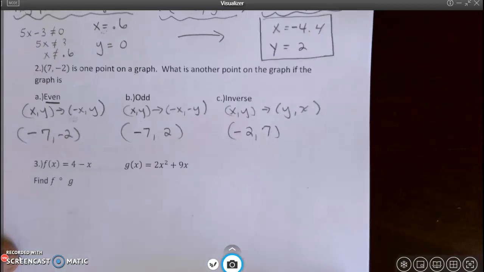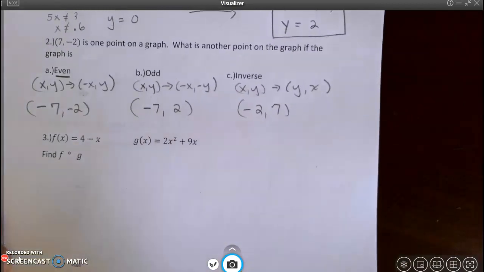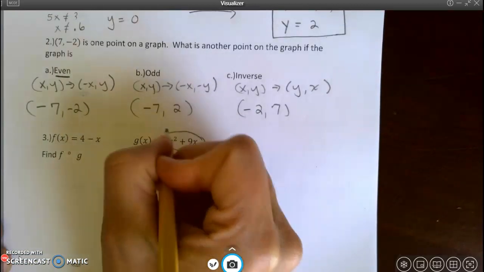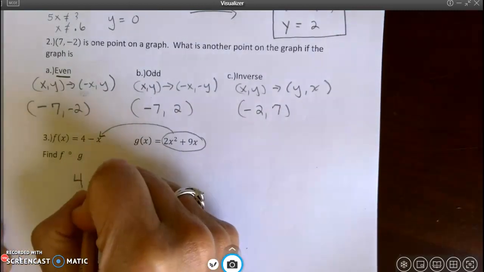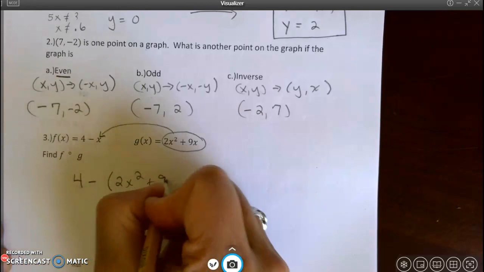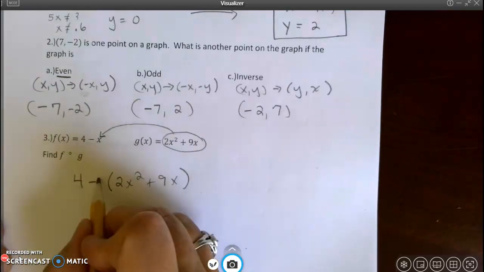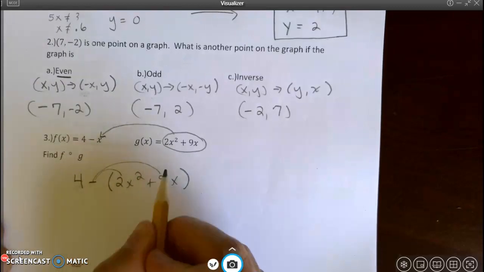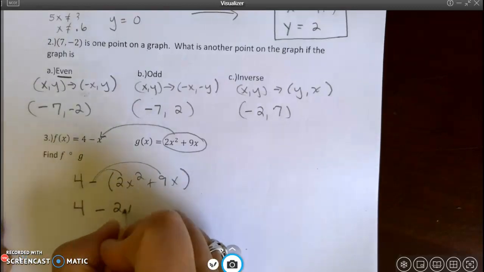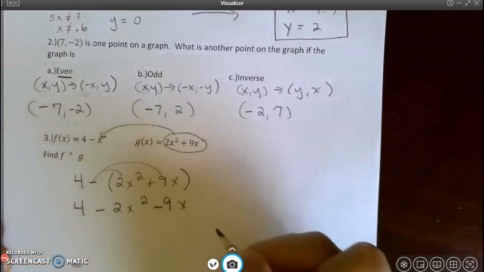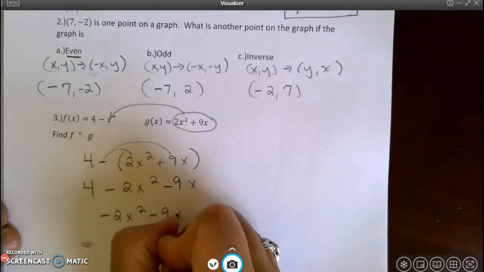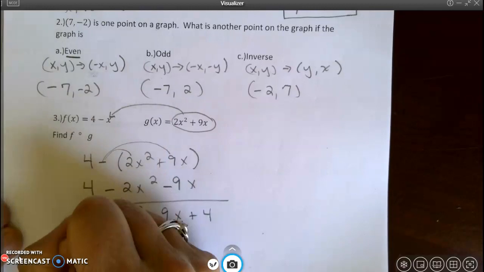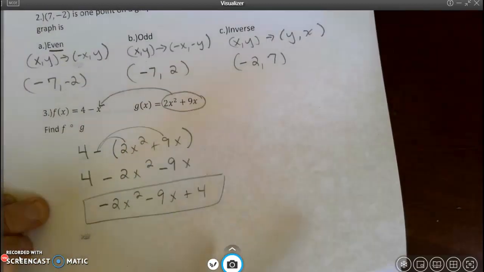For number 3, we're asked to write a formula for f composed with g. So I'm going to take the g function and put it right here into the f function. So I get 4 minus this whole thing, 2x squared plus 9x. I'm subtracting all of this, which means that negative sign gets distributed. 4 minus 2x squared minus 9x. I do want to put that in descending order, so negative 2x squared minus 9x plus 4. Let's go on to the rest of this. We're asked to